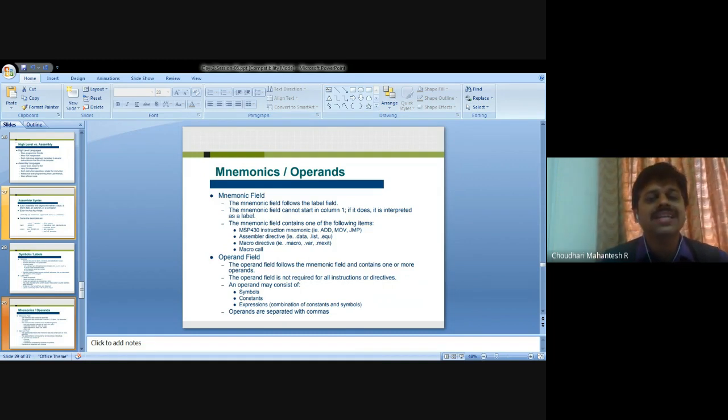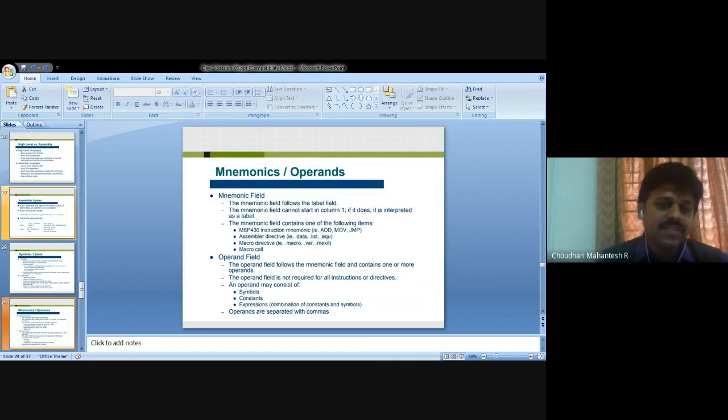The mnemonic field contains instruction mnemonics, like in the MSP430: MOV, JMP and so on. Then assembler directives, like .data, .list, .eq. Then macro directives, and a macro call. So the mnemonic field can vary like this.